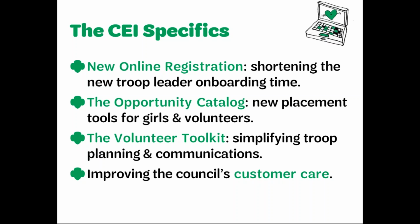And then there's the volunteer toolkit, and this is for our troop co-leaders out there who need a digital assistant to help them with planning and communications within their families. It is an online calendar and meeting planning and scheduling tool for the whole year of Girl Scouting. It's very cool. And then last but never least is our customer care initiative,